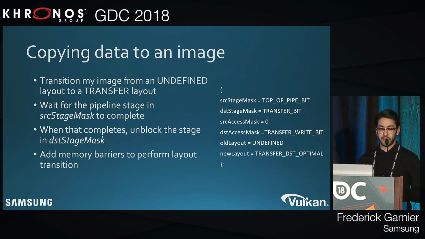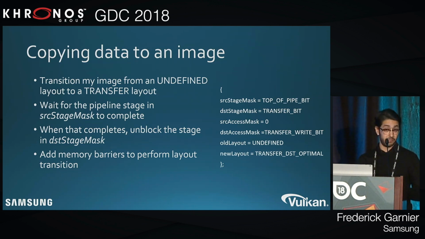So the other thing we also want to take care of is the execution and memory dependencies. We want to make sure that these transitions happen in a well-defined order, and this is exactly where the source stage mask and destination stage mask come into play. There are a handful of these in the Vulkan spec, but I'm only going to cover the ones that make sense in this example. So the way it works is you wait for the pipeline stage in source stage mask, and